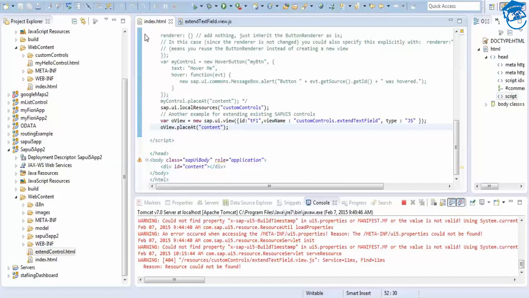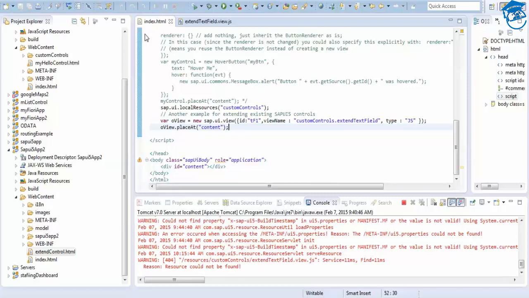We have already discussed that when we have a button, we already have properties, associations, events for that particular button, but our requirement is to have a hover. On that hover we want to place some information. So what we're going to do is add a hover event to that button, and then display a message.